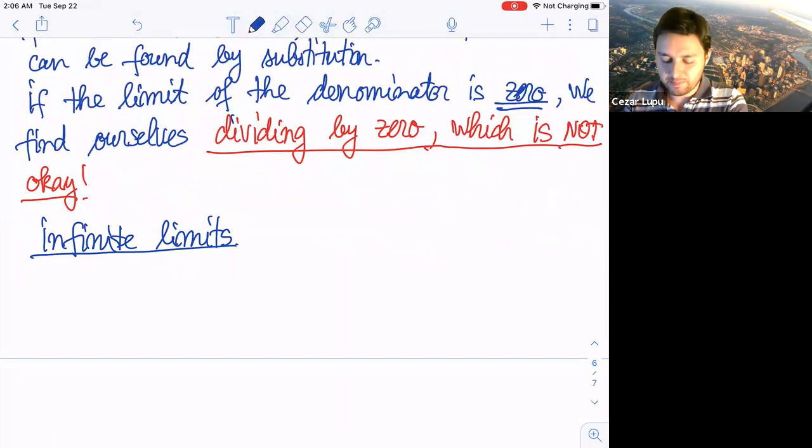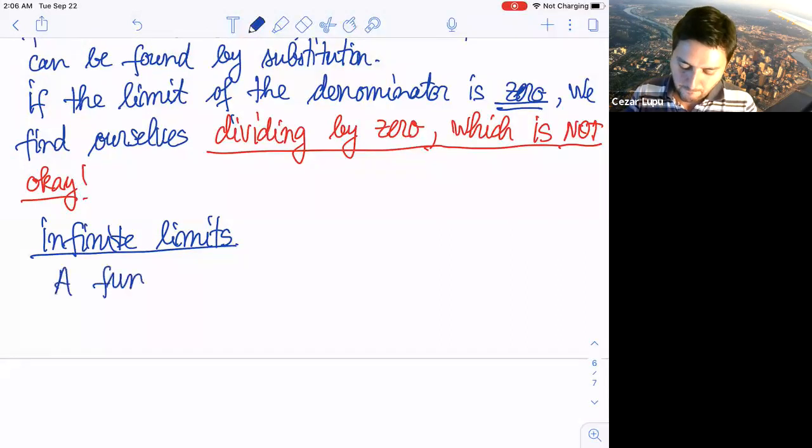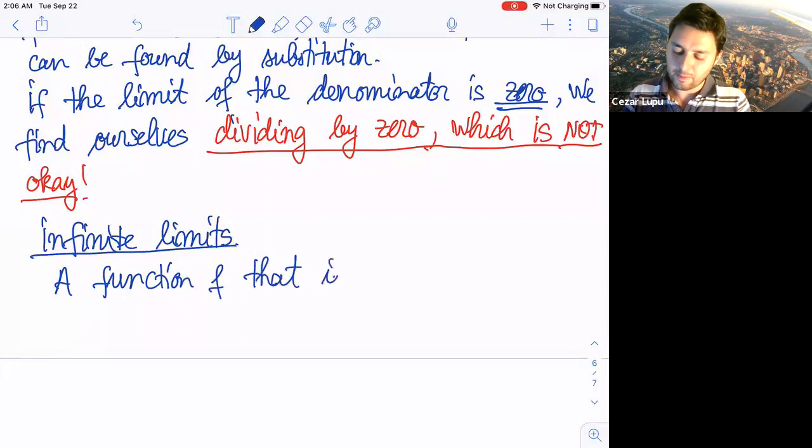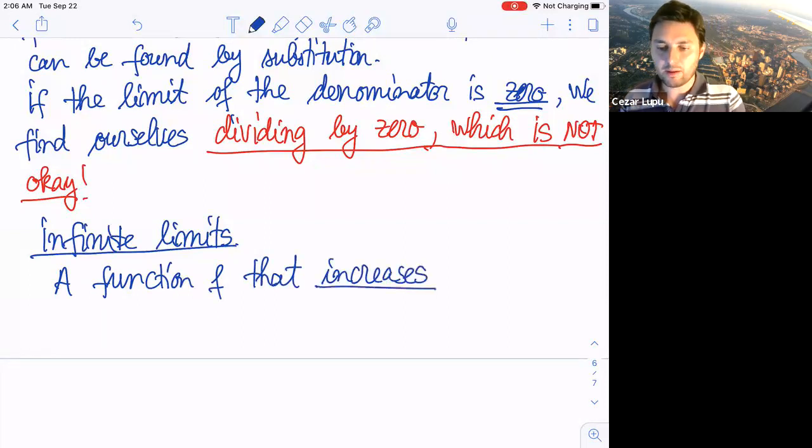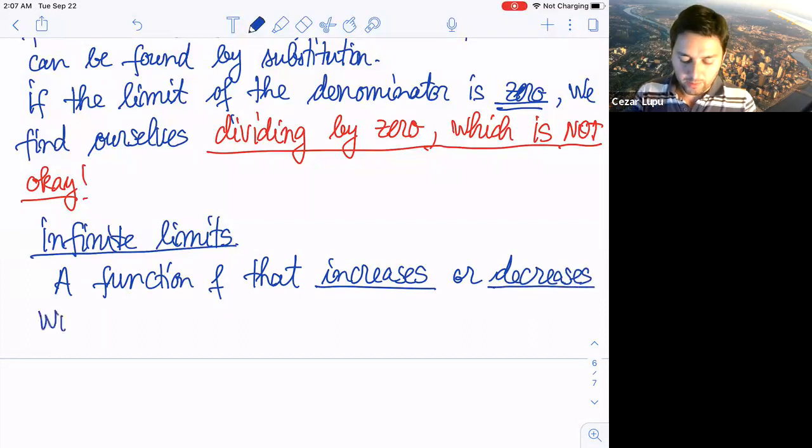In fact, I will draw some pictures, but before that, let me say that a function f that increases, and we have seen what increasing or decreasing means, or decreases without bound